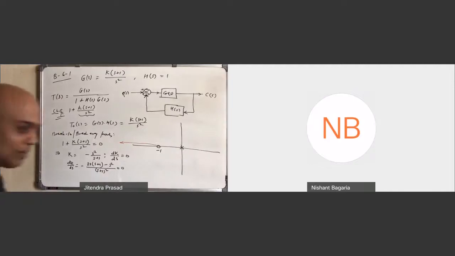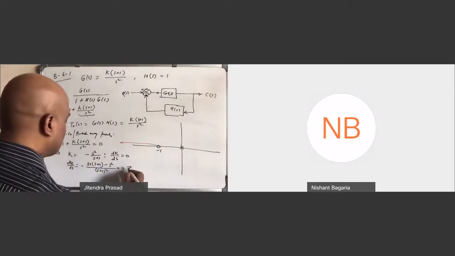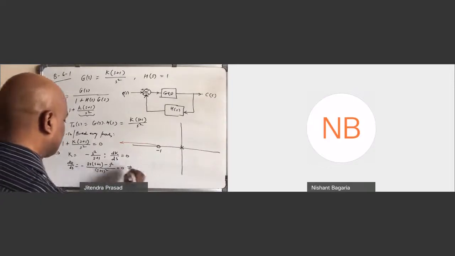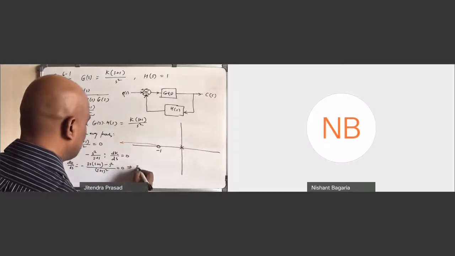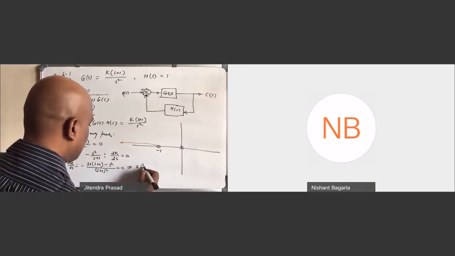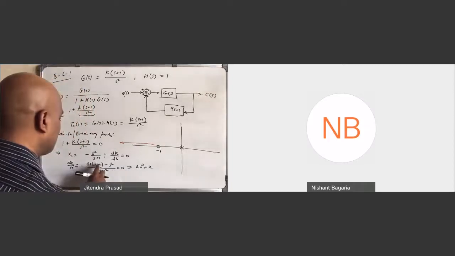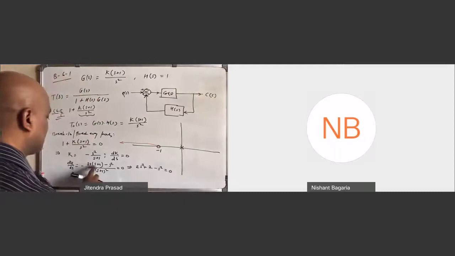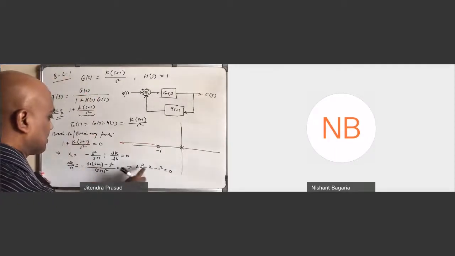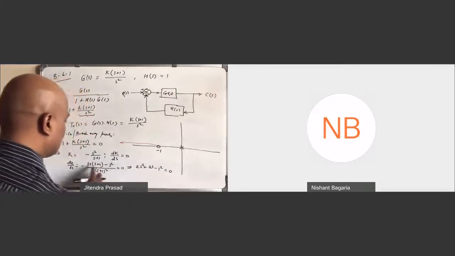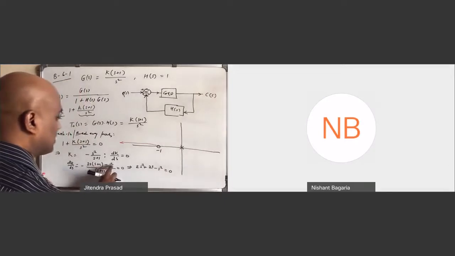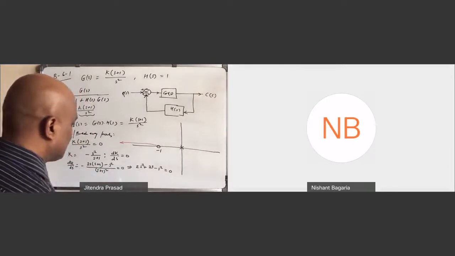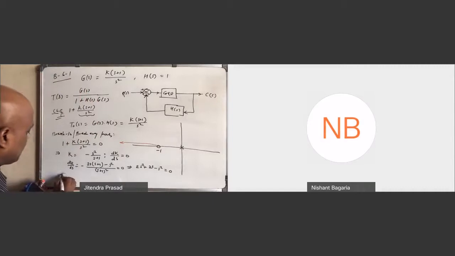Okay, and hence you will get simply 2s square plus 2s minus s square equal to 0, and that makes it